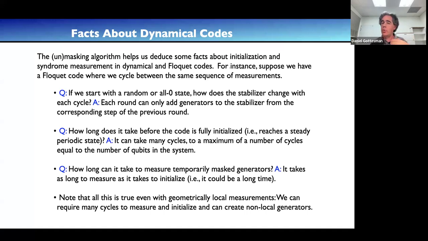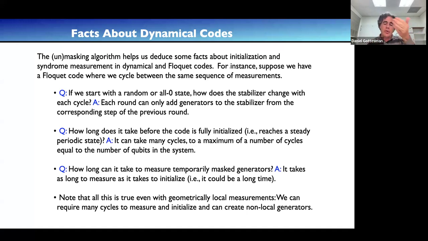It turns out, and you can show it using our algorithm, that every time you repeat your cycle, you can add generators to the ISG, but you can't subtract generators. The generators from the last round are still there. If you're in the corresponding place, those generators can get kicked out later in the cycle, but then they get replaced and they come back.